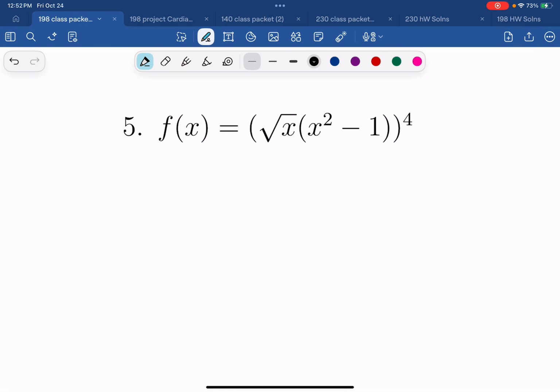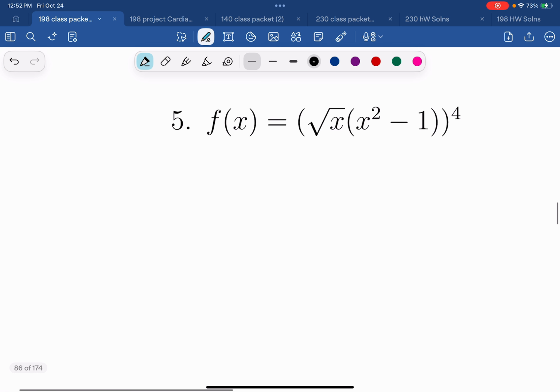All right, so here's number 5 that we didn't quite finish in class. So we're going to do this in 2 different ways. We're going to go ahead and do this one exactly as it's written first. So I've got an inside function here and an outside function here. And so that means I'm going to use chain rule first because both pieces on the inside have the same